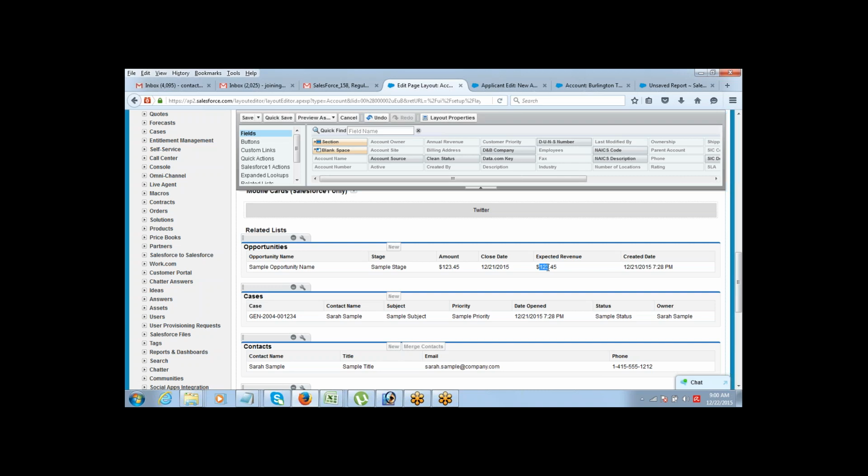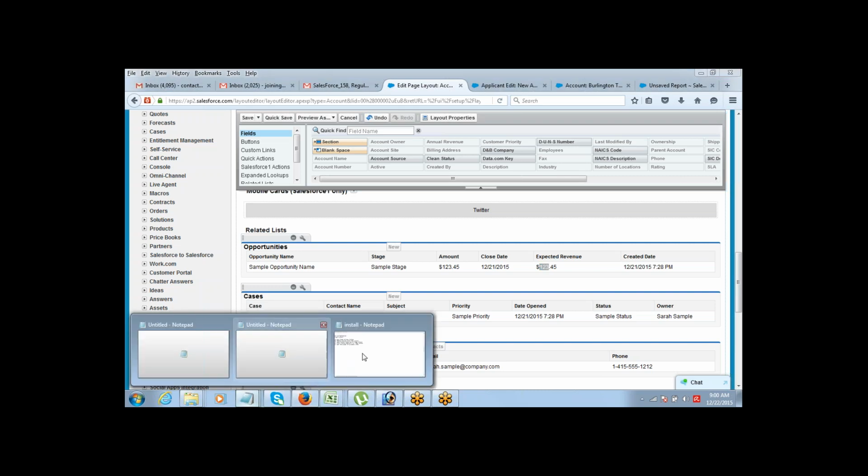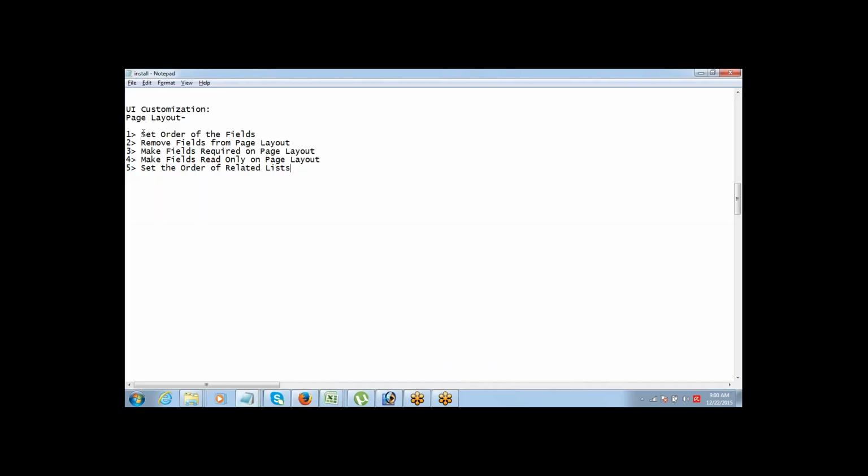So this is what we do in the page layout. Set order of the fields. So this is a very simple thing, depending on the user interface, how your end users want to see it, how you want to set it up. You can just go and edit the page layout. Salesforce by default creates a page layout for you every time you create an object. Plus you have the page layouts available for the standard objects also. So it's not something that you will only do for custom objects. For standard objects as well, you have the option of going and editing the page layout.